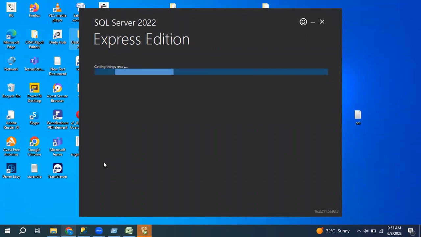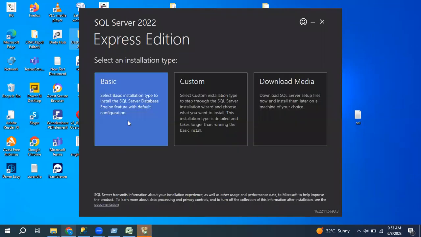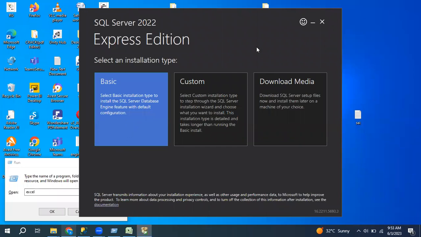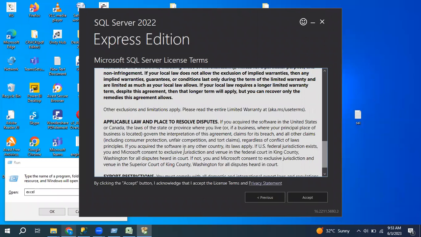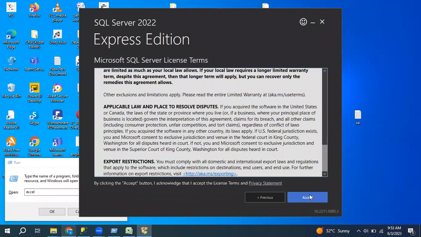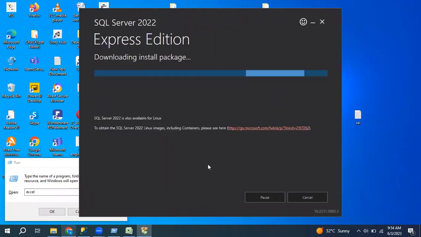It is running SQL Server 2022. Click on the basic version, and click on this accept button. Then install location, install.